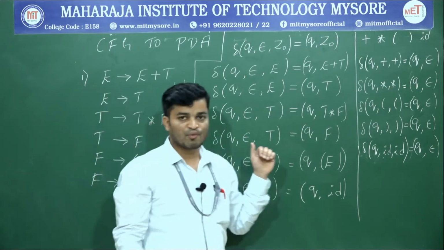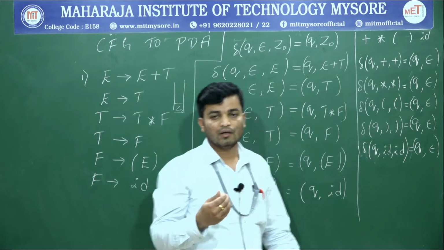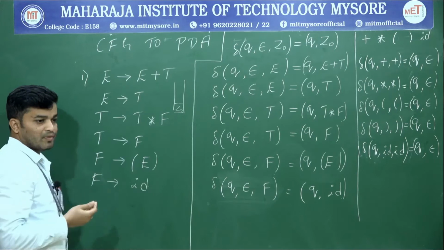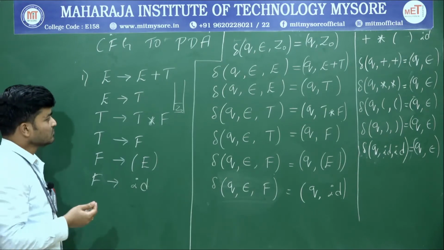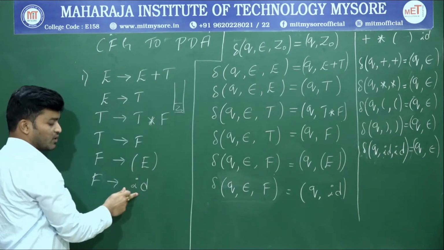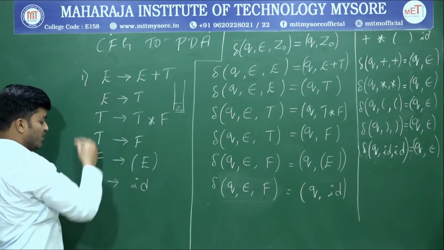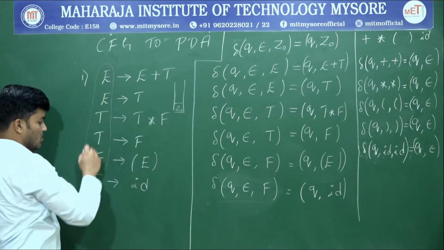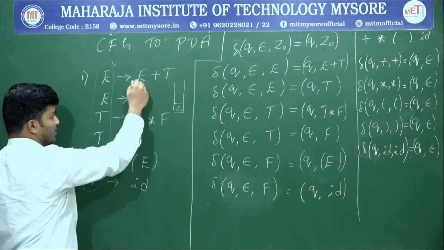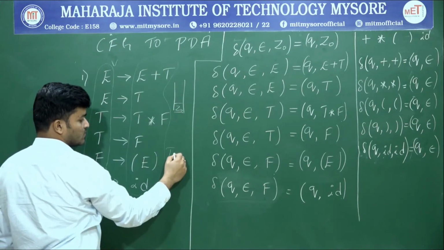Next I have to perform the pop operation. If you want to perform the pop operation, first list all the terminals. In the given grammar, just identify the different terminals. Here we have plus, star, opening parenthesis, closing parenthesis as well as ID. All the symbols present on the right hand side, except the variables, are called terminals. These are all called variables. Whatever symbols are present in a context free grammar other than variables, we call terminals.